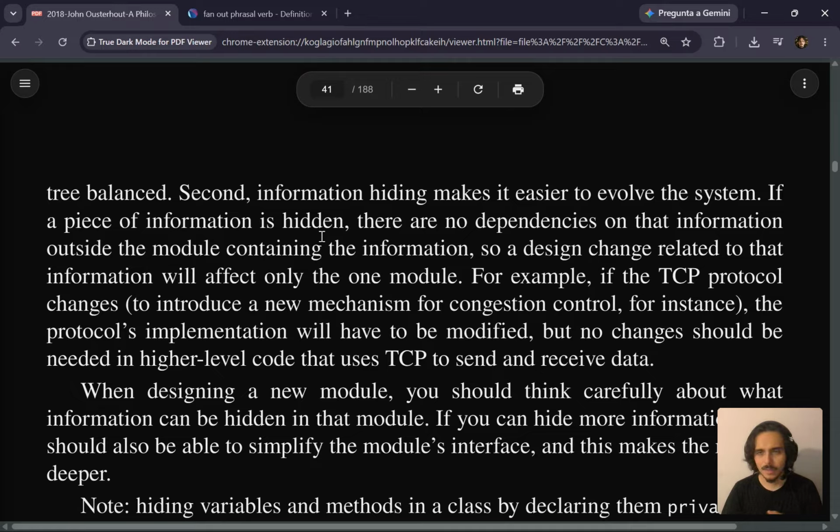However, information can be leaked even if it doesn't appear in a module's interface. Suppose two classes both have knowledge of a particular file format. Perhaps one class reads files in that format and the other class writes them. Even if neither class exposes